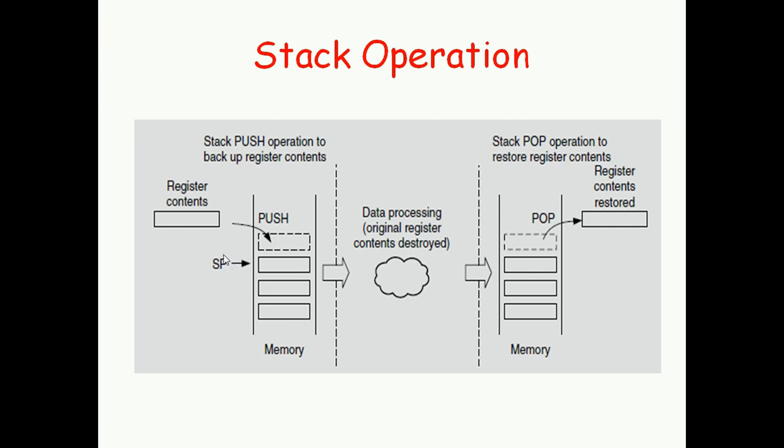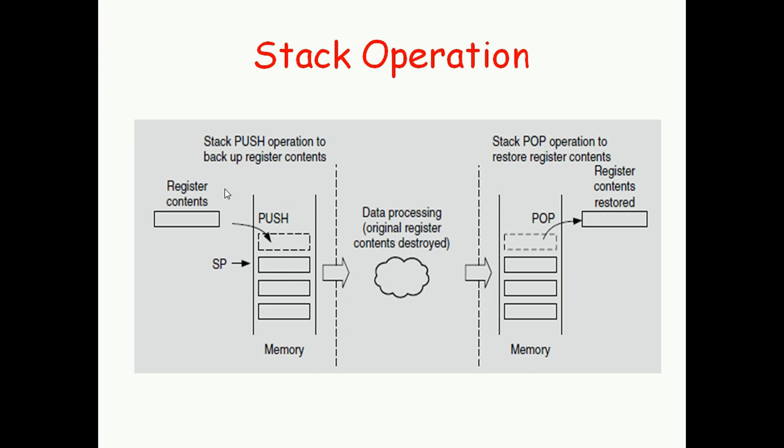For every push and pop operation, one special pointer register called the stack pointer gets automatically adjusted. This stack pointer is present inside the processor, and it makes the stack memory act as a first in last out buffer. The content which is saved into the stack first will be removed from the stack last. For every push operation the stack pointer value gets decremented, and for every pop operation the stack pointer value gets incremented. So this is the basic model of stack memory.